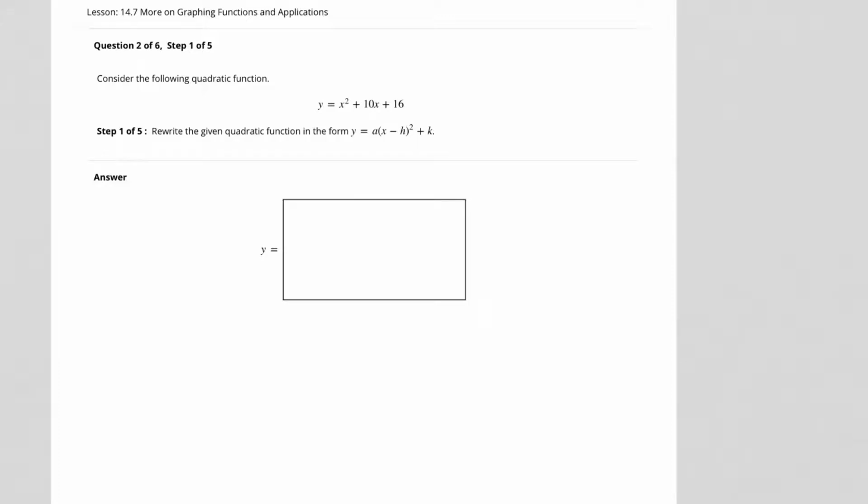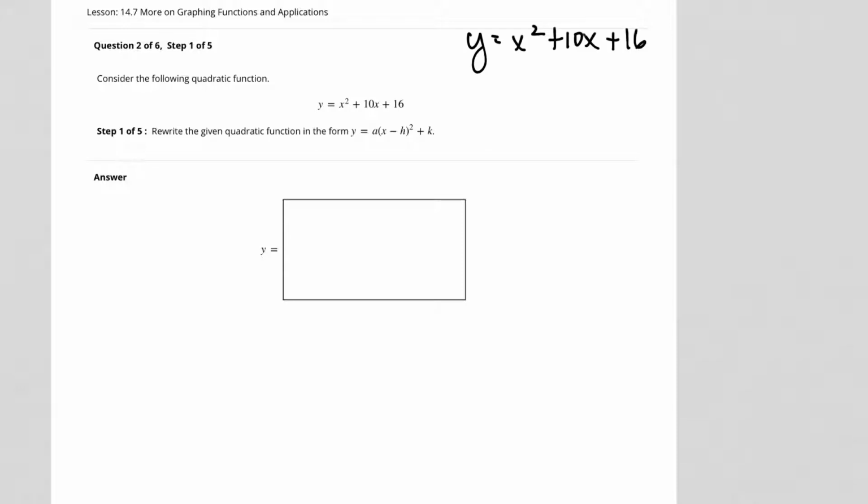Consider the following quadratic function, y equals x squared plus 10x plus 16. Step 1 of 5, rewrite the given quadratic function in the form y equals a times the quantity x minus h squared, plus k. So in this problem, I actually have to complete the square in order to do the problem. Well, we're going to do that by going ahead and looking at y equals x squared plus 10x plus